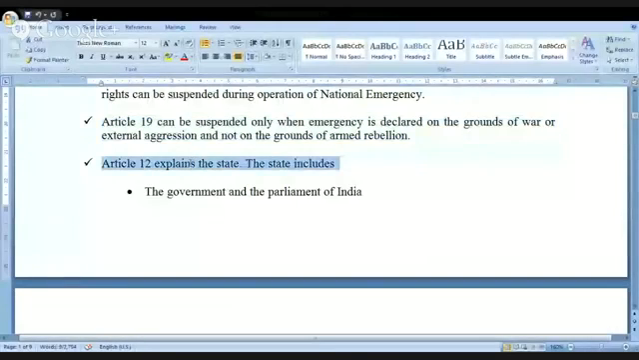Look at this. Article 12 explains the state. And whenever we use the word state, we have already seen this. The state includes the government and the Parliament of India. I need not explain this to you at this stage because you are thorough with it. The government of India and the Parliament of India,